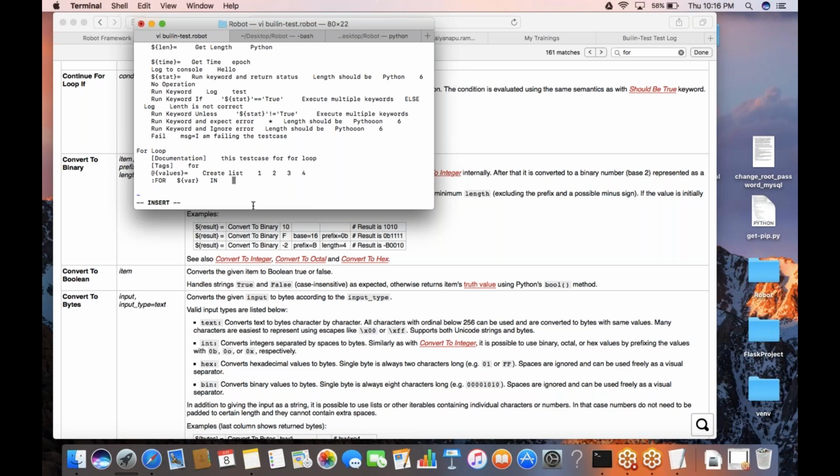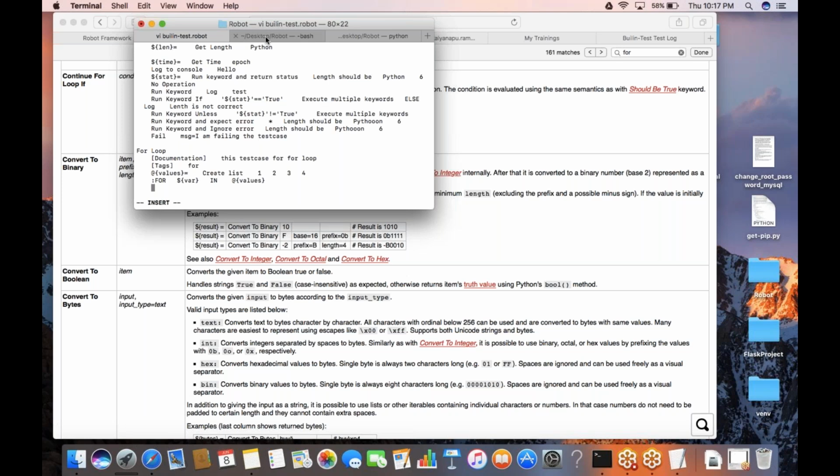Okay, you can define the list here like in Python. For x in the list we give, right? Similarly, for variable in the list,